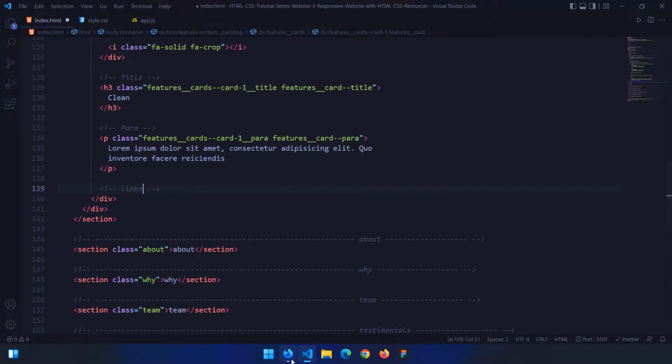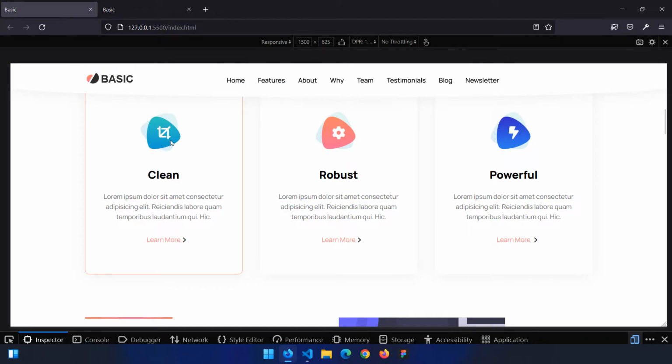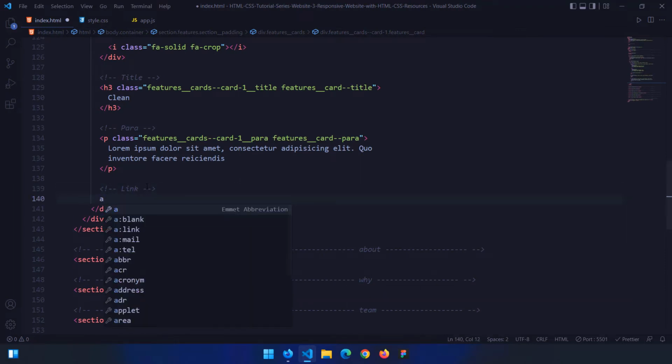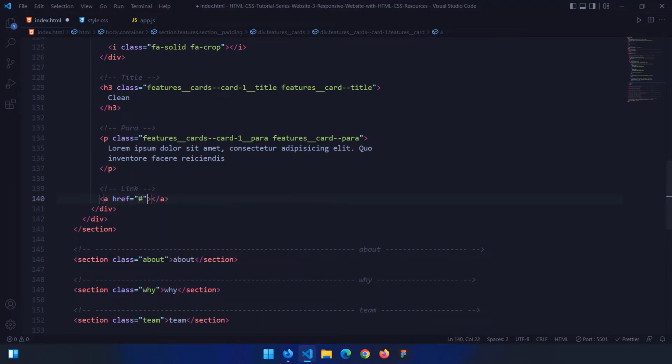So after that, what is remaining? So we have created the clean, the paragraph. The only thing is going to be the links. So for the link, we are going to have an anchor element. The href is not going to go anywhere. It's going to have a class of this, which we are going to change to link. And I'm also going to give this a class of